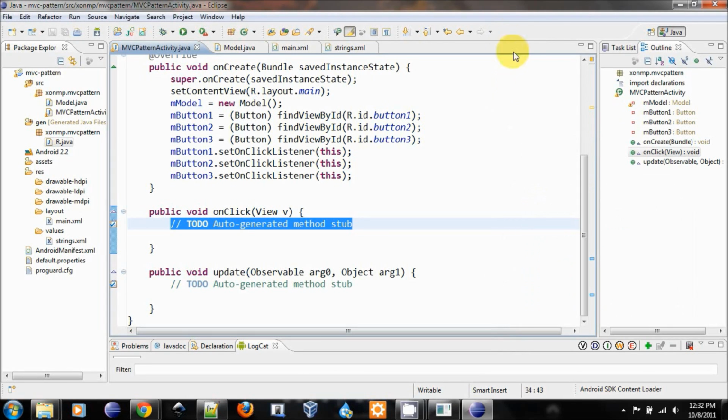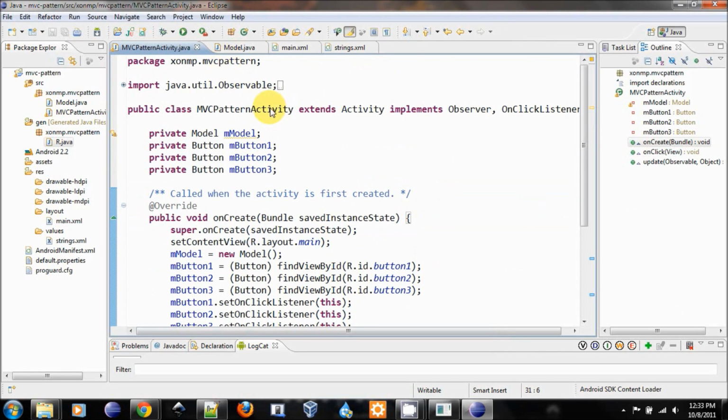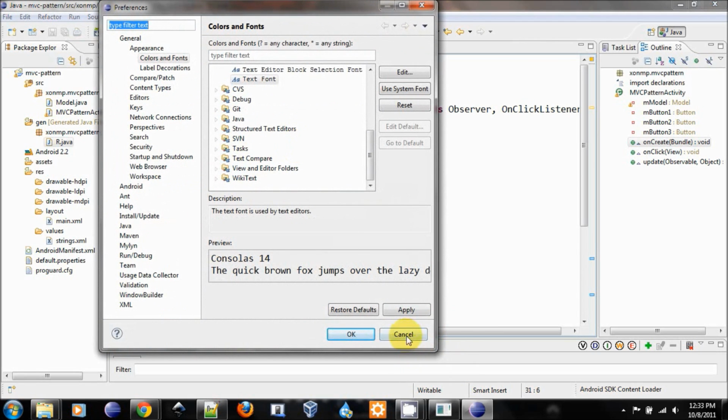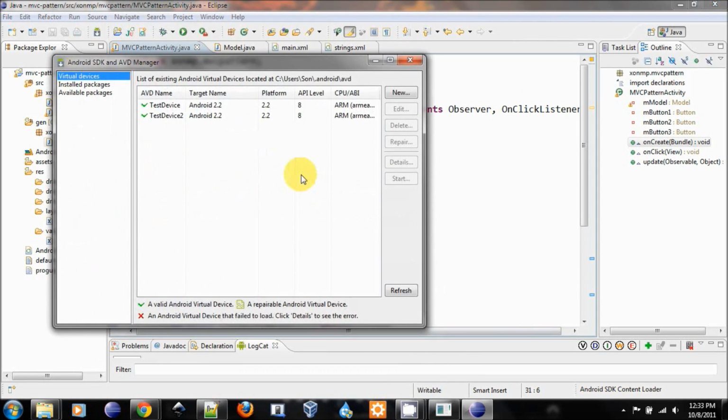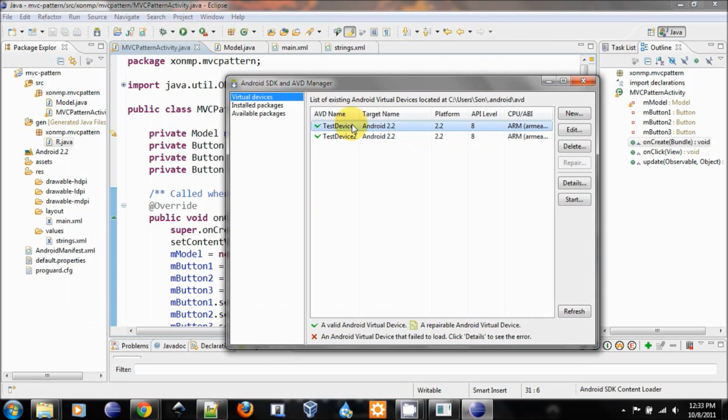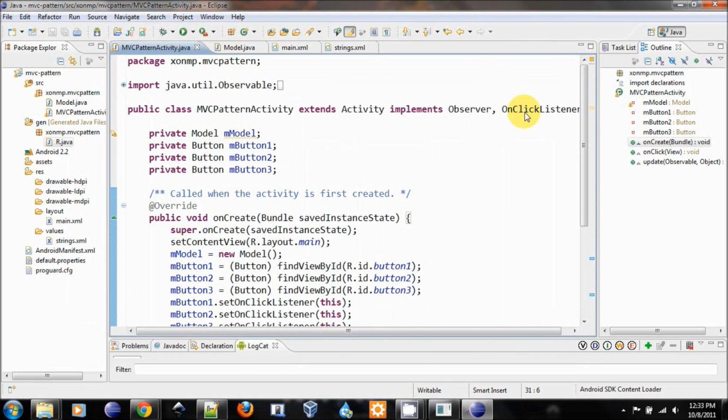Let's continue. So we left off at this on-click method. Before we jump to this, why not try to run this, see what we get so far. In order to run this, you need to have the AVD manager or the Android SDK integrated, and you need to click on the run. You need to create some devices to test this, and I have here two devices, and one of them is